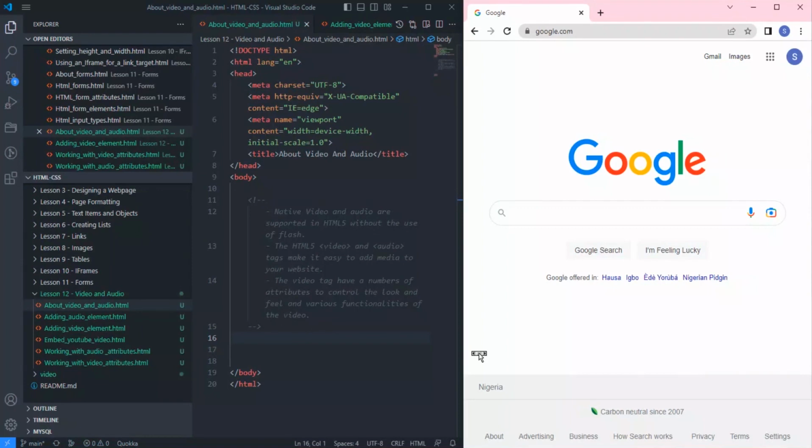To create video and audio, you are going to use the video or audio tag. That is how to create video. It is that easy. You don't need much to create video and audio. You just need to create the tag. Okay, so lastly,